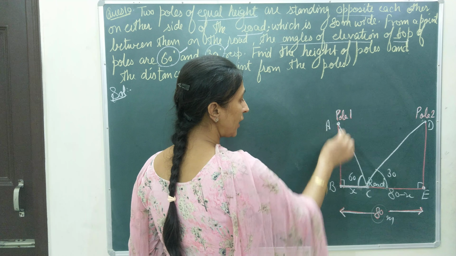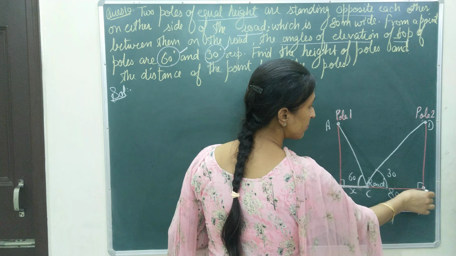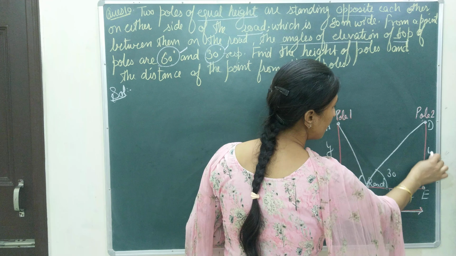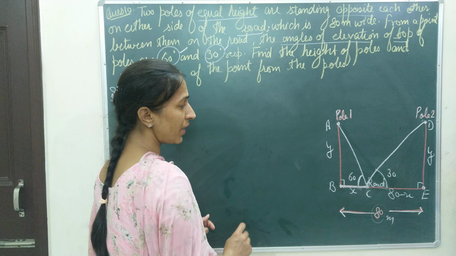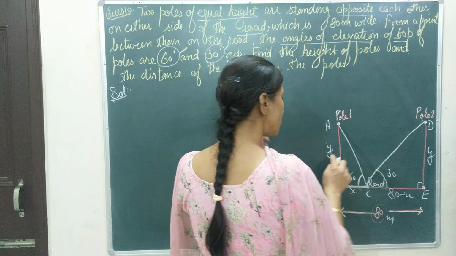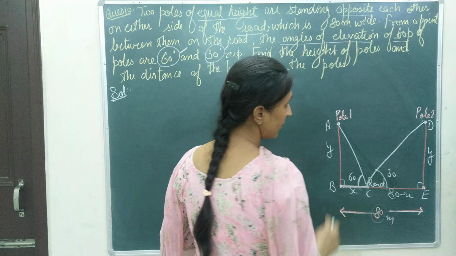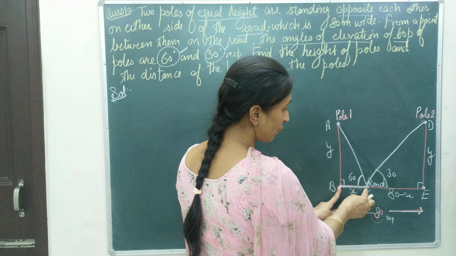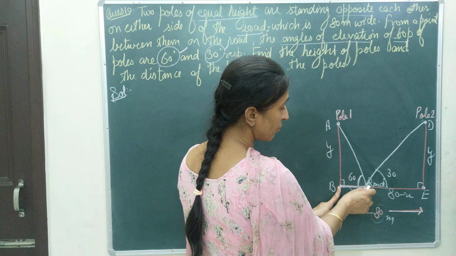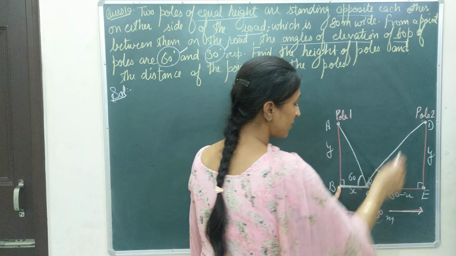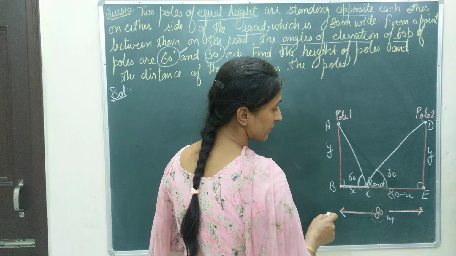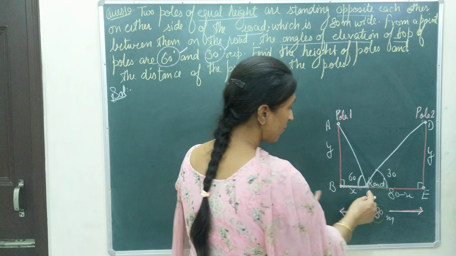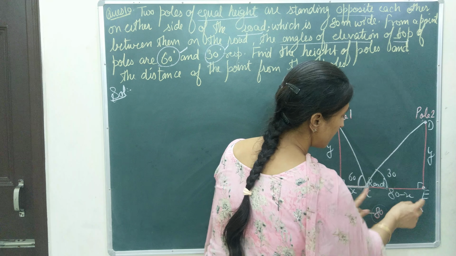Next main thing, you are given that pole 1 is of the same height as pole 2. So let us suppose this pole is of length y. Then pole DE will also be of length y. As the poles are of the same length, I am supposing that same length is y. Secondly, the full road is 80 meters long. From B to C, from where the person is looking at the top of one pole and the top of the second pole, let us suppose this gap is x. Then what is the gap from C to E? If the full length is 80 and the first gap is x, then the second gap will be 80 minus x.